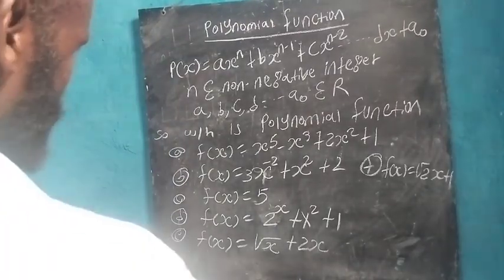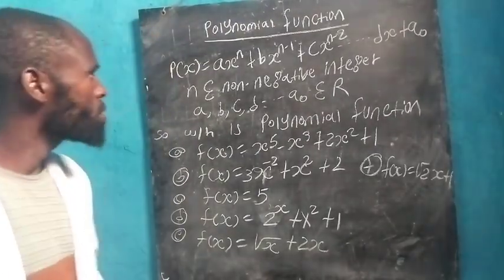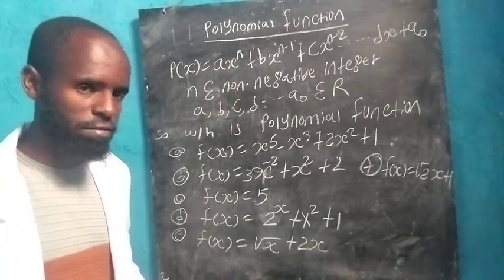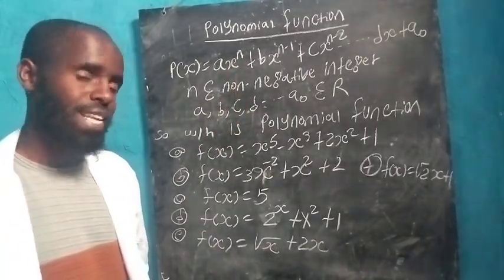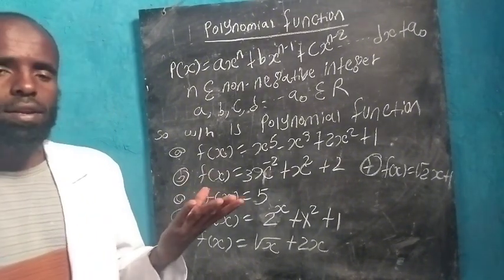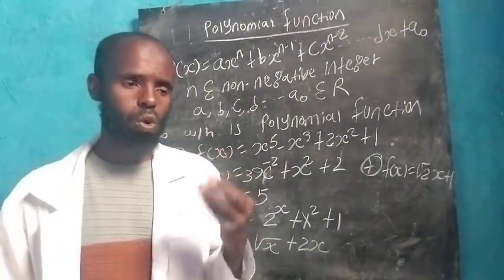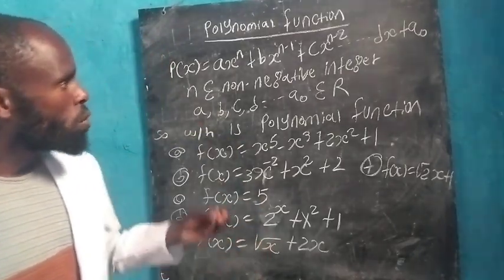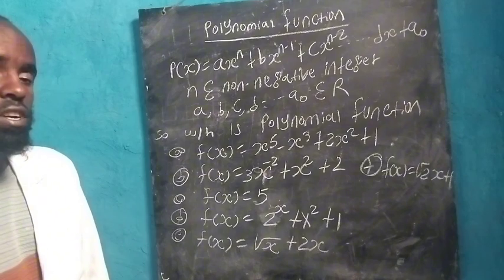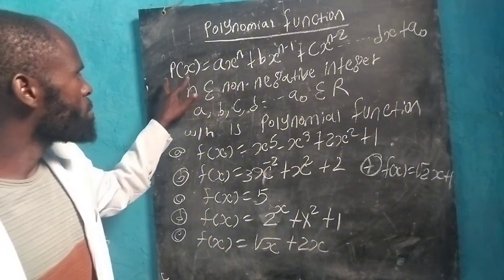Hello everyone. Today we will see about polynomial function. In previous class we have learned about linear and quadratic function. How can we know the polynomial functions? Look at here. The form of polynomial function is denoted by p of x,